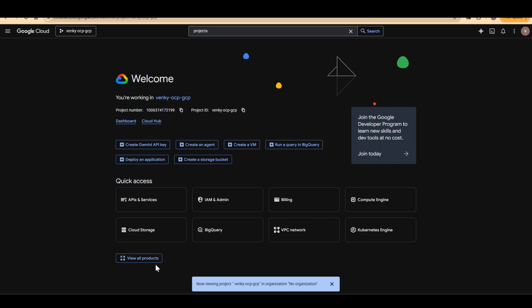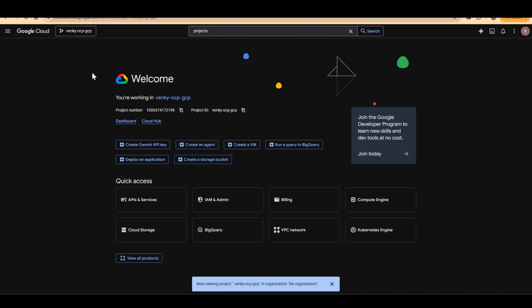In this video, we are going to set up OpenShift on GCP. The first thing you're going to need for this is creating a project to work on. In Google Cloud, it's basically creating projects to segregate different loads or different types of work into different projects. For example, for OCP related stuff, I want to create a separate project and put it under the name OCP-GCP. So in this way, you can segregate the workload which is related to this project separately from the other